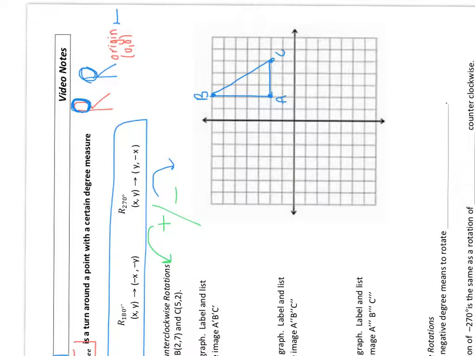And so what I'm going to do now is list those coordinates that I see right here. And I'm going to focus on this as if it's a new XY axis. So for example, A prime will be located wherever A is currently, -2, +2. B prime will be at -7, +2. And C prime will be at -2, +5. Once I have those coordinates written down, I can turn my paper back,